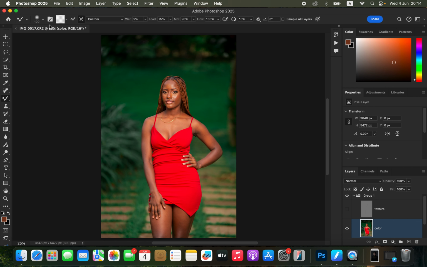the mixer brush tool. And for the settings of every tool you select in Photoshop, the settings are always going to display above here. So for the settings, make sure clean brush is selected, and the second option that says clean brush after each stroke is selected. The weight is 9%, load 75, mix 90, flat 100%. Make sure sample all layers is not turned on or checked, and it's time to start brushing on